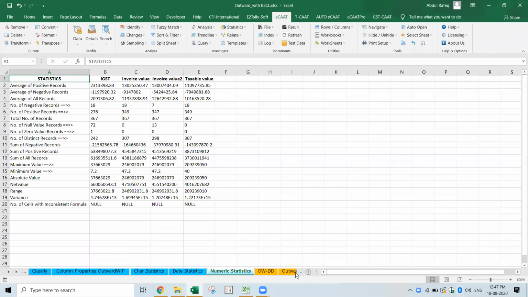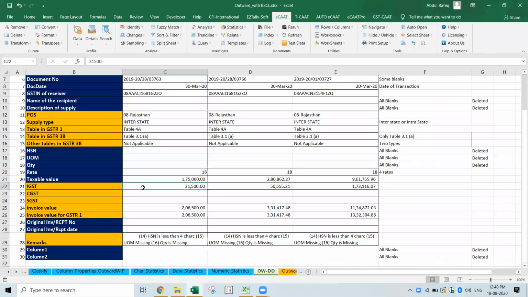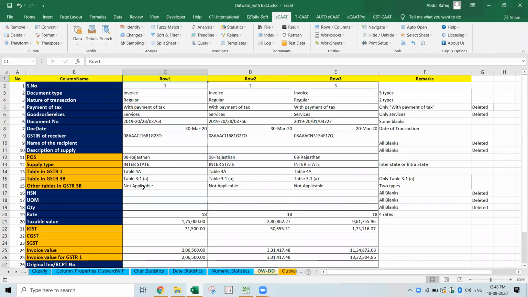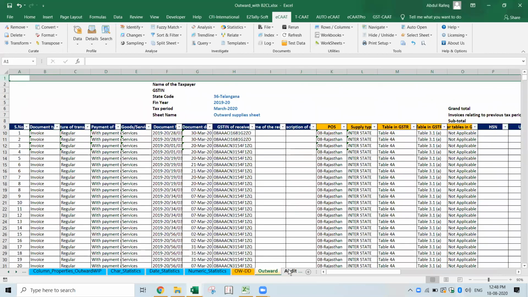Before preparing this, I did this analysis just to get an idea of the type of data you have. Now, these are the column names you have, and I picked some two or three rows of data and then wrote the remarks. In cases where in this column there is only payment of tax, or only service, which means only one column is there, I can't do anything. So I just deleted the columns which are not required. In some cases I had only this one description, supply, all blanks. This type of data I don't require for analysis, so I deleted that.